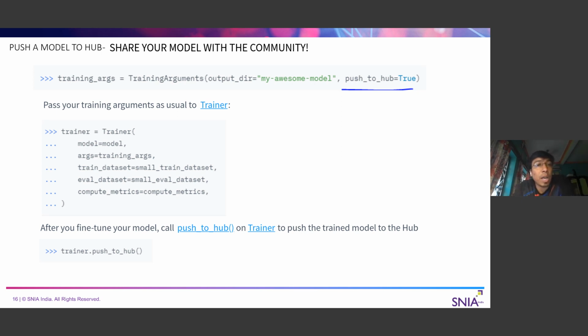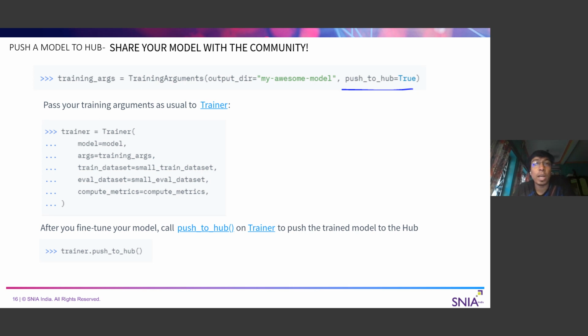As Vinita was discussing, Hugging Face is like a GitHub for all these transformer-based models, like deep learning models. So it's a community, so we can fine tune, and there is a provision to contribute to the community also. Maybe someone has fine tuned a model for a specific task, and wants to add that to the community.